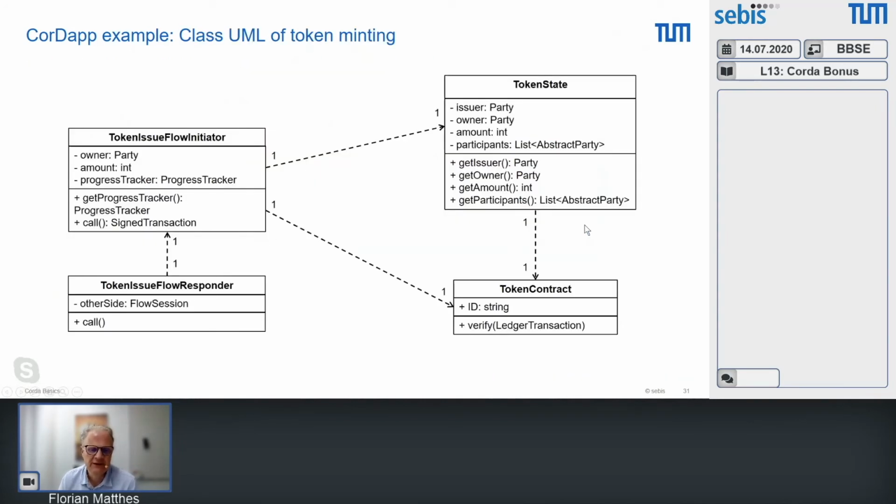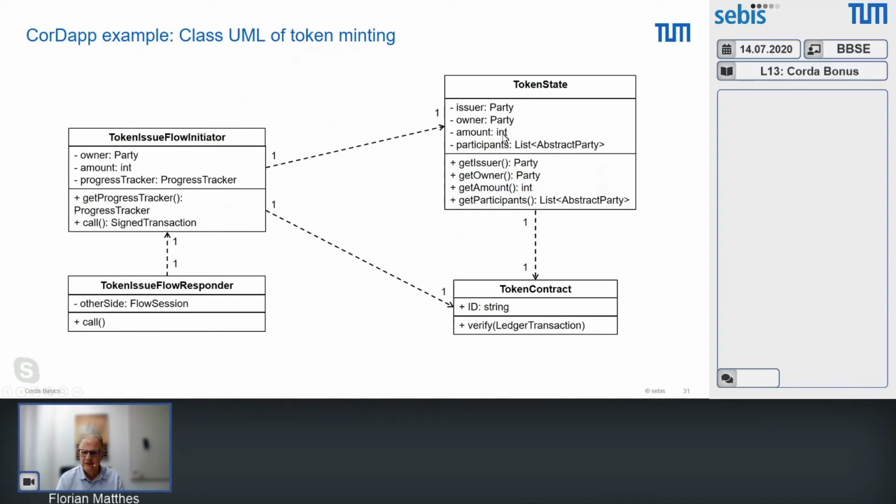And as I said, in addition to this token state definition, which essentially says who's the issuer, who's the owner, who's the amount, these are all private variables. We also want to have this list of participants, a list of abstract parties, which should be notified. Then we have the getter methods to get the issuer, the owner, the amount, and the participants. So it's more or less the token state in its minimum form. Essentially, it's all about the amount